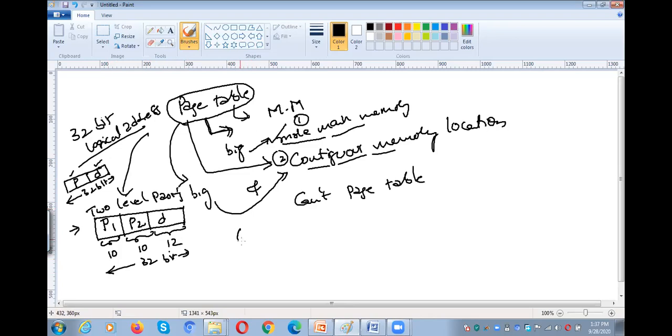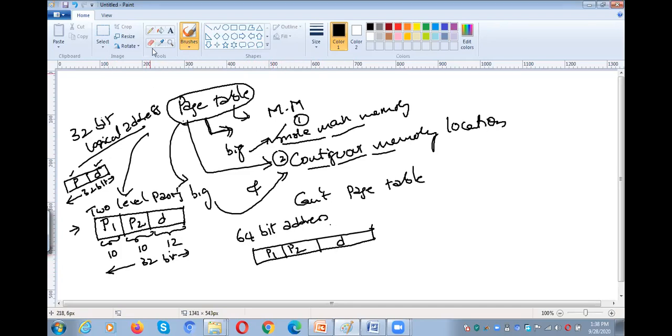Or else, if it is a 64-bit address, the entire logical address space is divided into three parts: P1, P2 and then D.